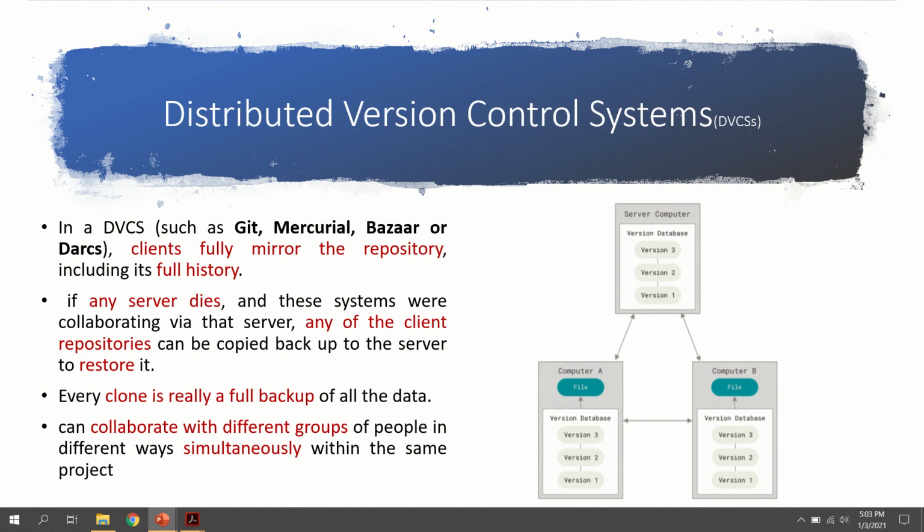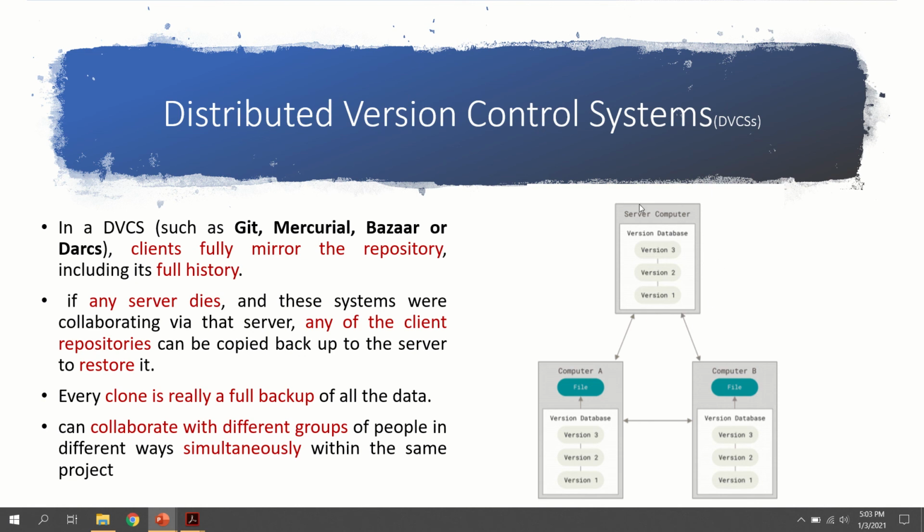All the file versions of every developer will be stored inside the central repository, and one copy of the central repository will be stored in each individual system.